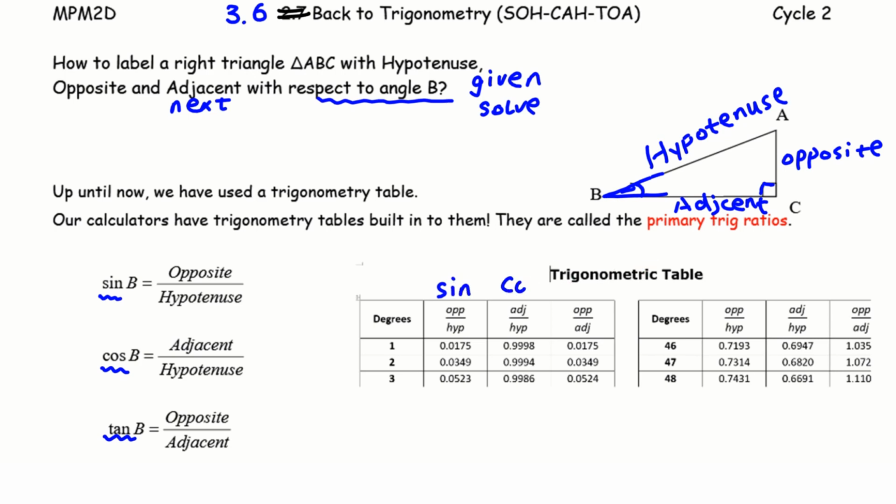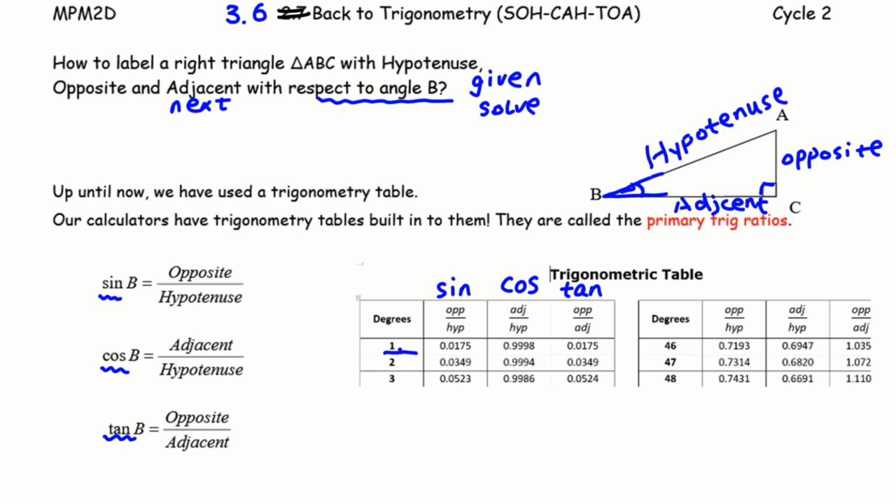But in future, we don't use this trig table anymore. You have also found it's not convenient, because the angles in our table only have whole numbers, not decimals. So in future, whenever we need opposite or hypotenuse ratios, we just click sine, then the angle, and it will give you this ratio. Cosine of 1 gives you this, tangent of 1 gives you